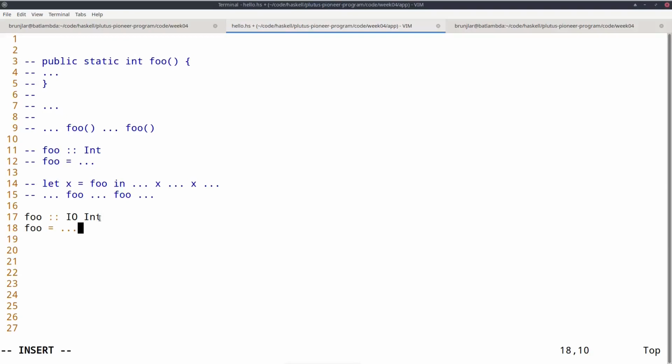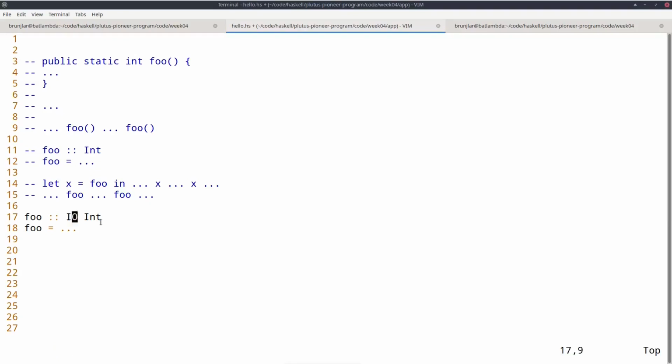And the only way to actually execute such a recipe, to execute an IO action, is in a main program, in the executable, in the main entry point. So if you compile Haskell to an executable, then similar to other languages, like Java, for example, there is a main function, and that actually gets executed by the Haskell runtime system. And there's another way, a second way: you can also do it in the REPL. So GHCi also allows you to execute IO, so-called IO actions.